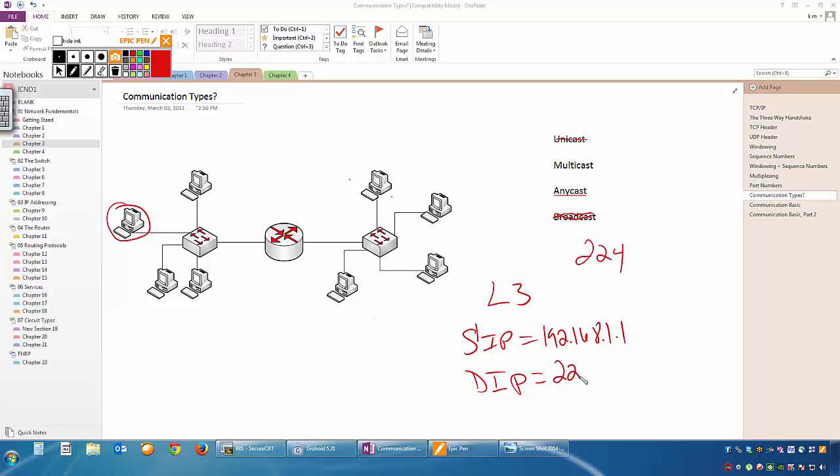Say we have a multicast address of 224.1.1.1. I'm going to send it out to this address. And this is saying that, look, I am the source right here, and I'm communicating to this address. Now, really what this means is I will be communicating to anyone who is listening on this particular address.